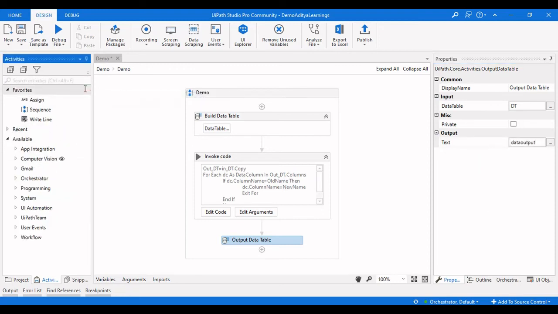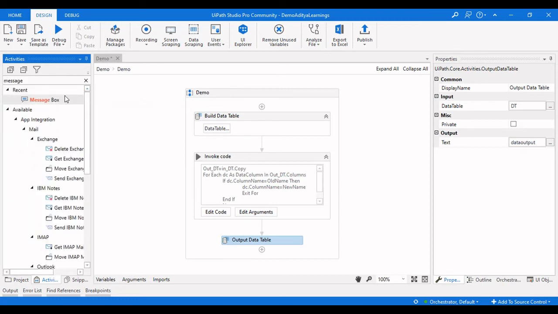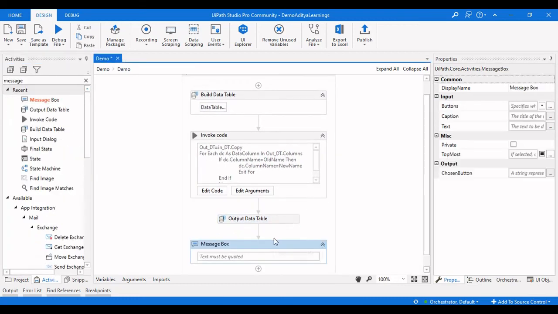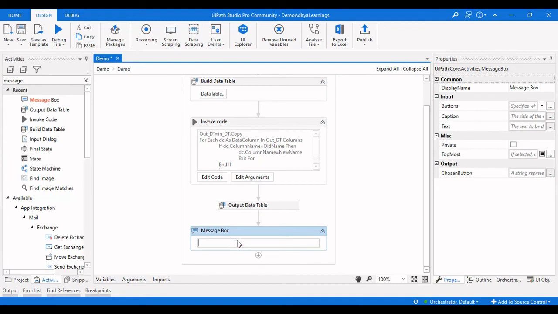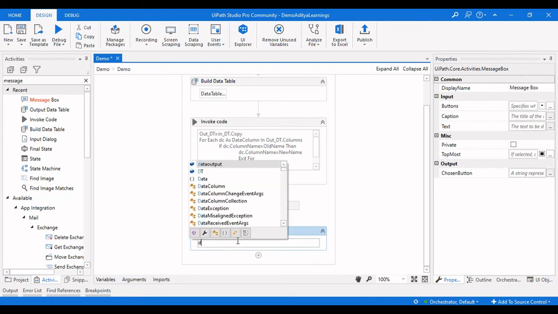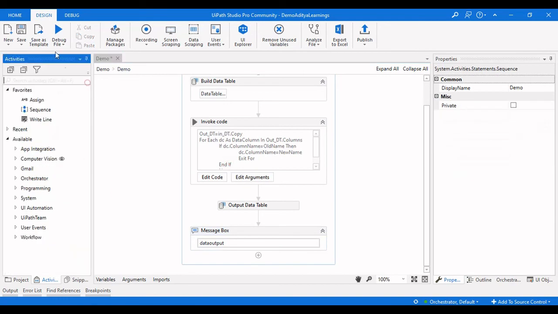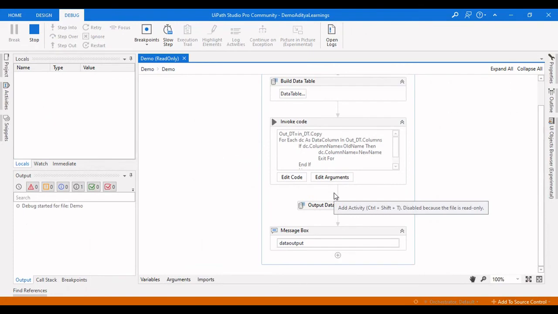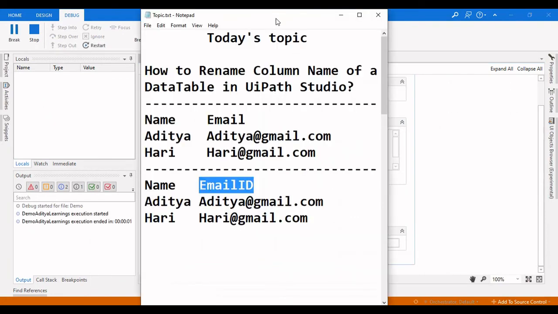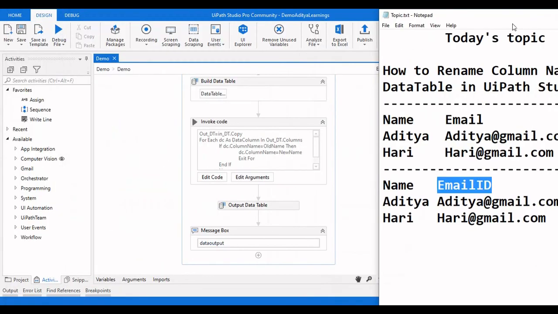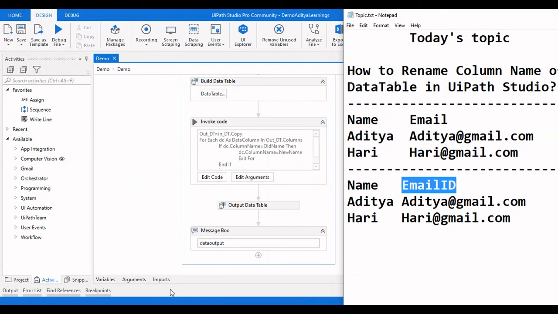Let me also drag a message box over here to see whether the column name is changed or not, which is the data output. We save this, and now what we need to get is the name and the email ID in the message box.